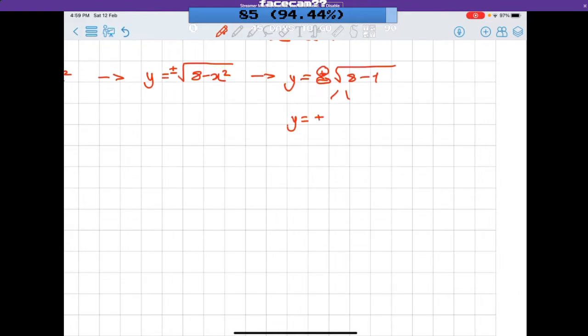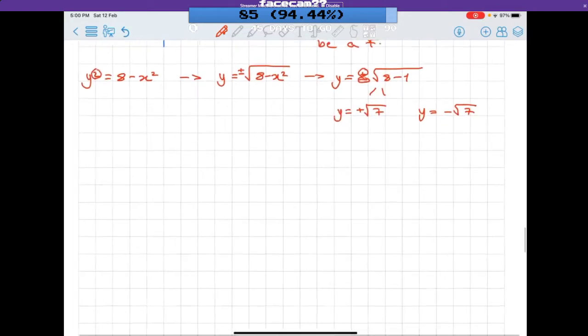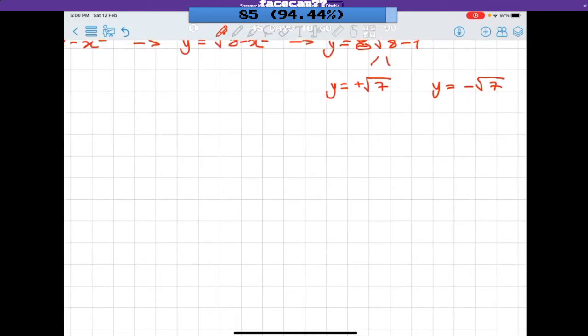So we can have positive square root of 7 or negative square root of 7. And this means that this is not a function. Okay? So that's how you can determine it algebraically with the square root, for example. And